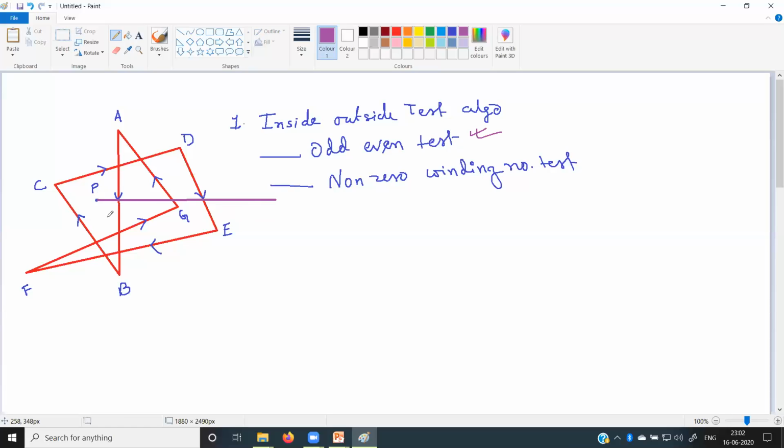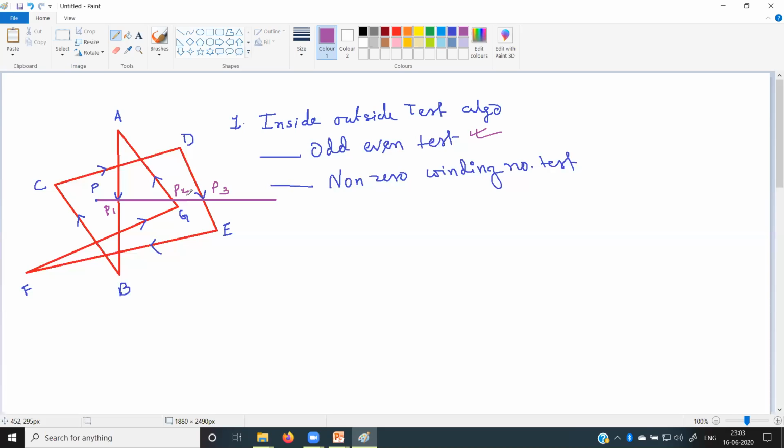So now we will put some intersecting points. Those are the intersecting points. We put some names, like this is the point P1, this intersecting point is P2, and this intersecting point is P3. Now after finding the intersection points, you will count them. If the number of intersection points is odd, in that case the point P is inside the polygon. Otherwise, the point P will be outside of the polygon.